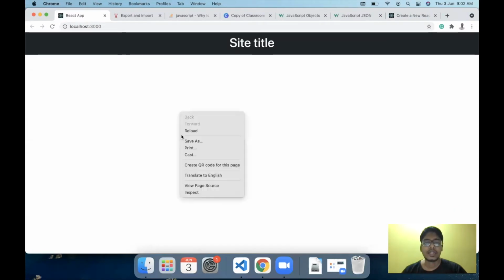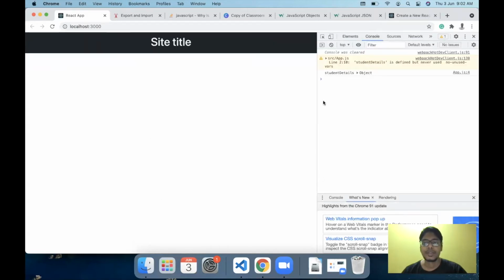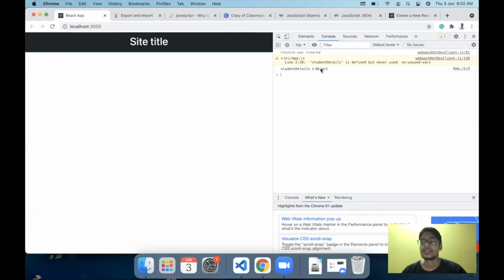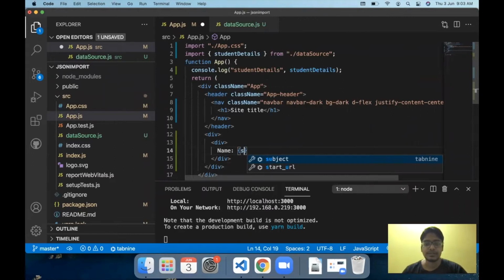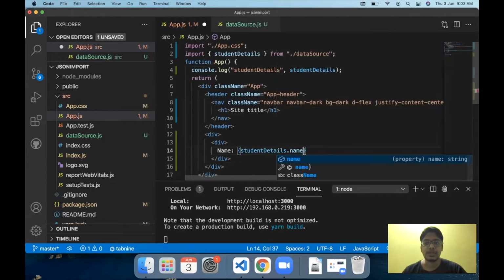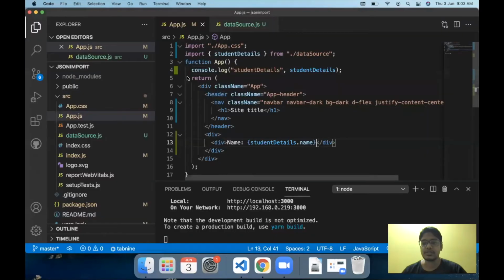Now, in order to view the data, we come back to our website, click on inspect, and go to the console. And in the console, we have an object written here because it is a JavaScript object. And if we expand it by clicking this arrow, we'll have the age, name, and occupation printed out here. Now, once I have my age, name, and occupation printed out, I can just write them in my divs. So we can have something like, let's say, name as student details dot name,